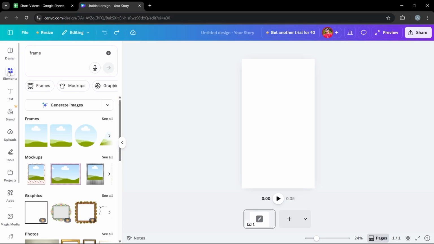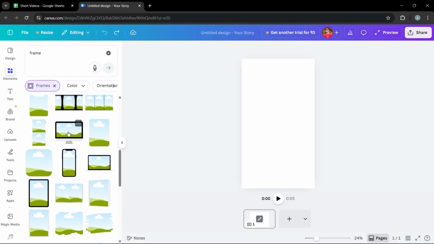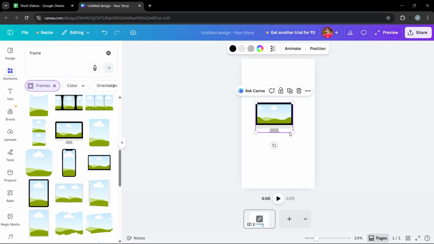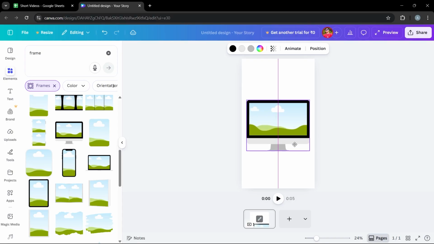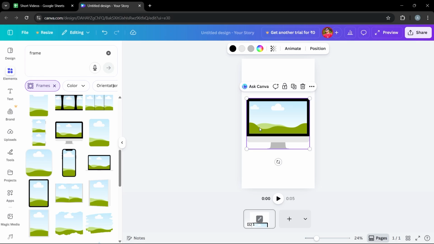Under here, search for frame in the element section and enable this frames option from here. Now here, when you scroll down, you'll see this monitor-like option. Just simply drag and drop it to the window. Now you just simply need to upload whatever video you want in here, and it will automatically